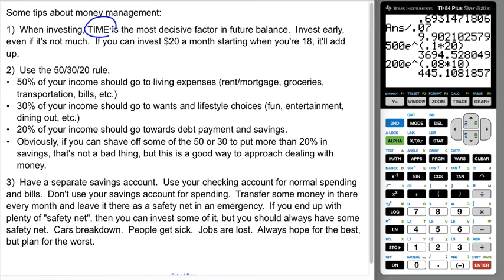If you're in college and you're working really hard and trying to save every dime and just trying to get by with student loans or whatever else, if you can squirrel away $20 a month into a savings account at 18, if you keep doing that every month, if you say, I'm going to put aside this $20, I'm going to put it in an account that I'm not going to touch and it's going to be protected and safe, and I'm going to save or invest this money specifically,